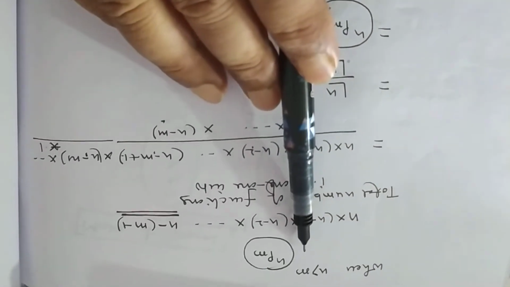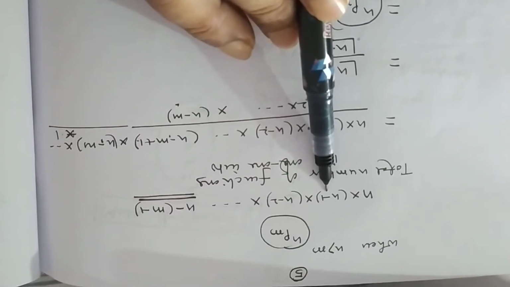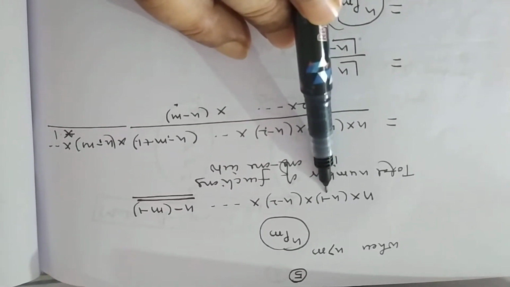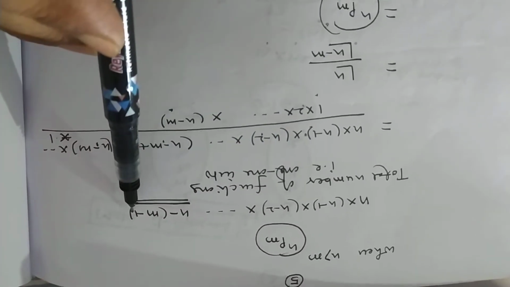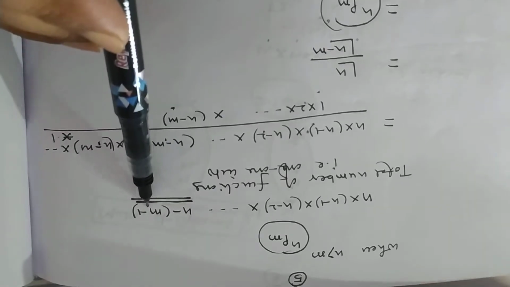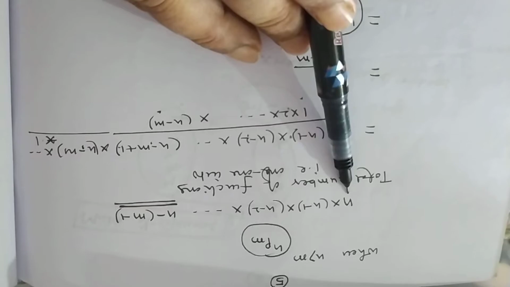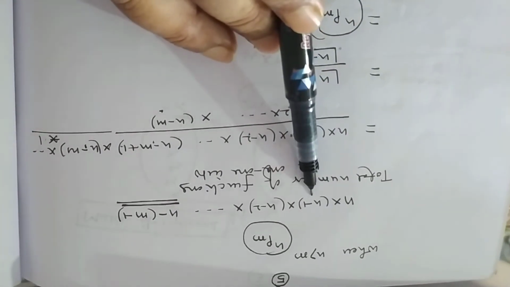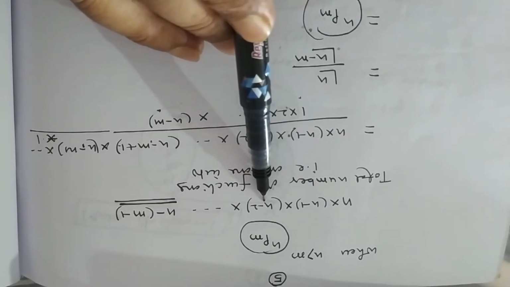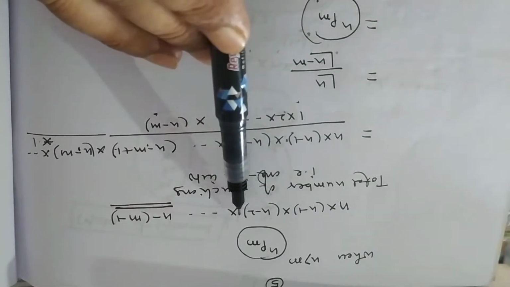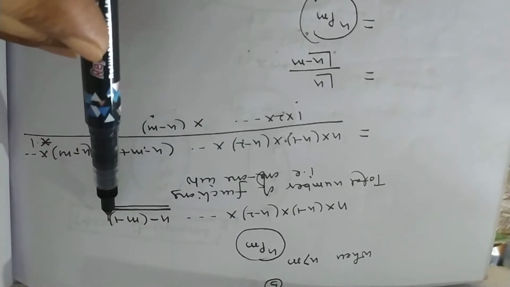Then of course, the first element has n chances. It is one-one. So the second element has n minus 1 chances. The third element has n minus 2 chances. And the mth element has how many chances? n minus m plus 1. Try to understand it. First element, n; second element, n minus 1; third element, n minus 2, which can be written as n minus 3 plus 1. So the mth element will be n minus m plus 1.